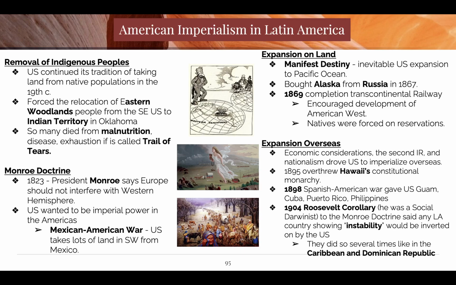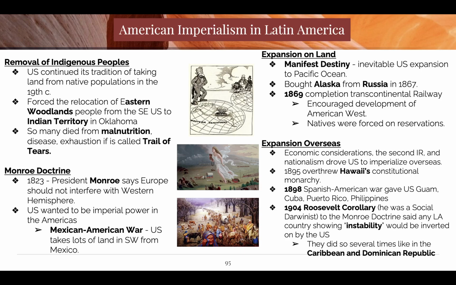Okay, we're also going to expand territory by purchasing land from Russia, specifically Alaska. And we're also going to just have a coup. In what place do we have a coup that becomes a state? Hawaii, yeah. The pineapples. They didn't want to have to pay to import pineapples, so they overthrew the government. Dole. Next time you have a Dole Whip, just know, supporting imperialism.